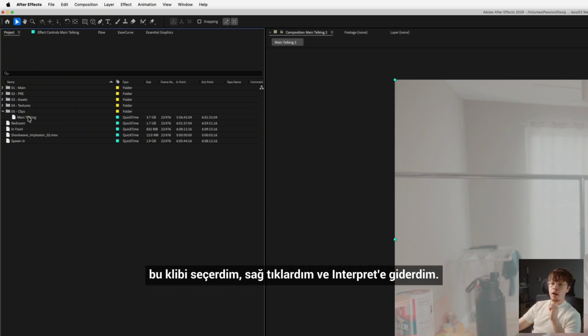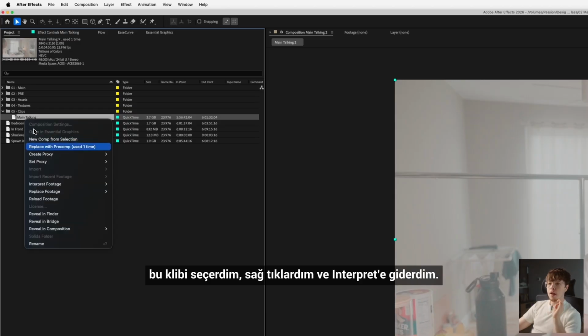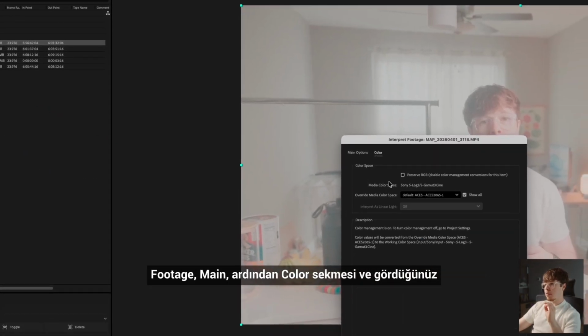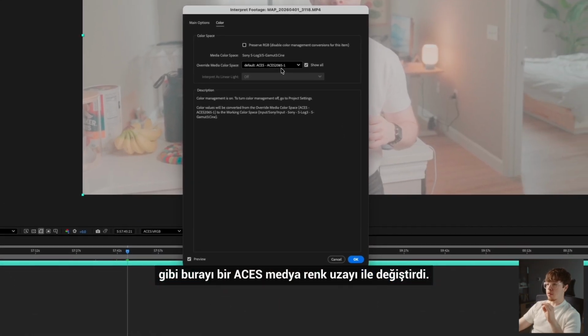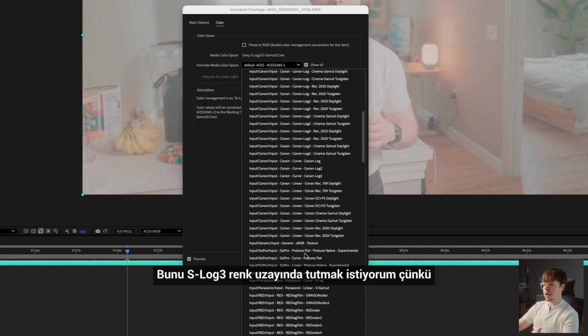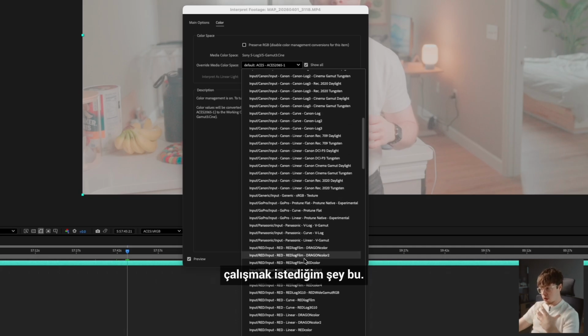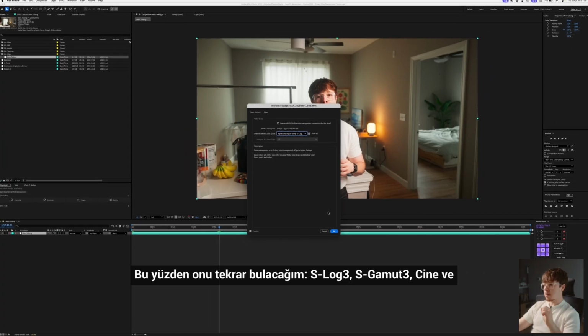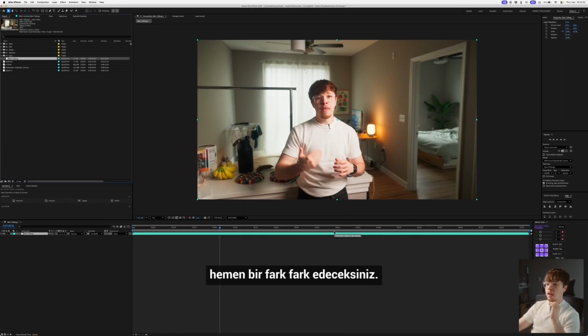I know exactly what I'm working with. I'll select that clip, right click, go to Interpret Footage, go to Main, and then go into the Color tab, and you see it's overwritten it to an ACES media color space. I want to keep this in the S-Log3 color space because that is what I wanted to work with. So I'm going to go find it again, S-Log3, S-Gamut3, Cine, and I'm going to hit OK, and immediately you'll